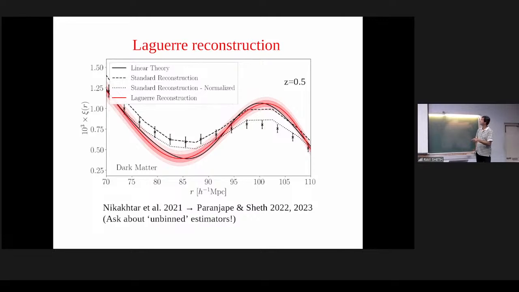And the linear theory that it started out from is the black. So you can see that you've taken the data and you've gone substantially back to the initial shape. And so now you can start measuring the linear point in this shape instead of in this one. So that's one game that we play.